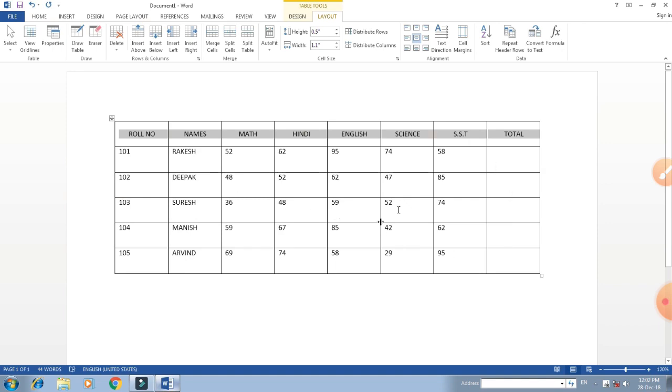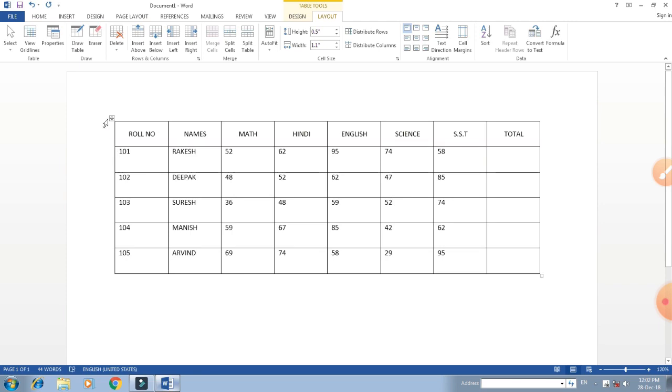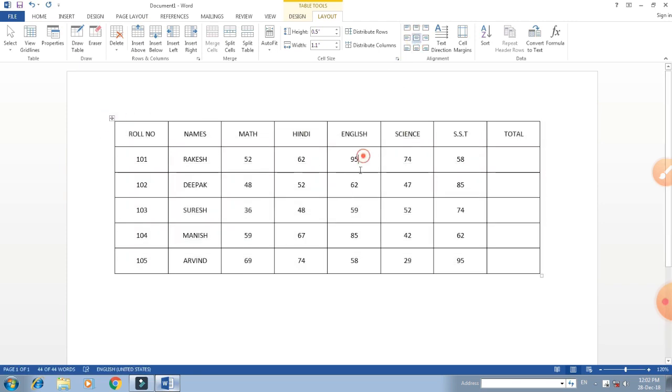If you want to keep a center alignment, you can. And if you want to set it for all, select the whole table with the selection handle and click on center alignment.